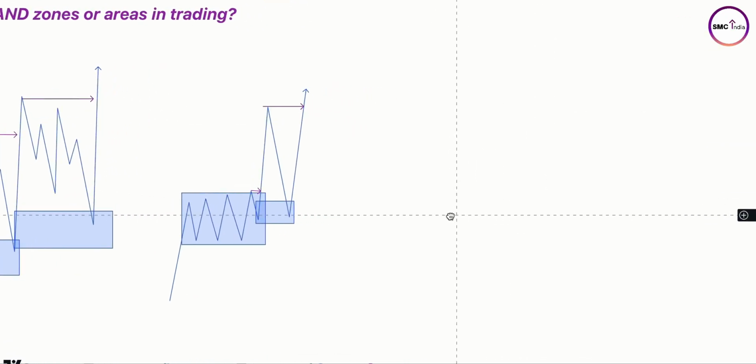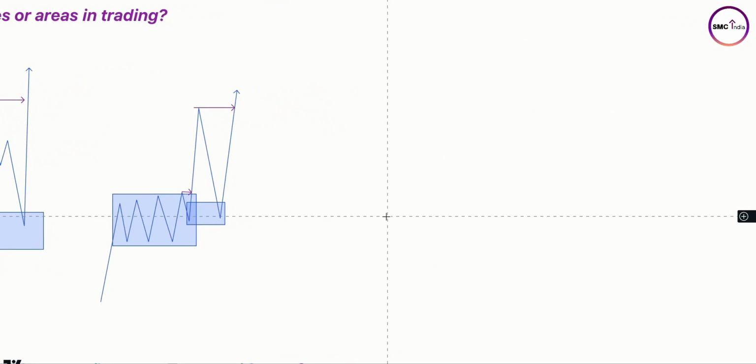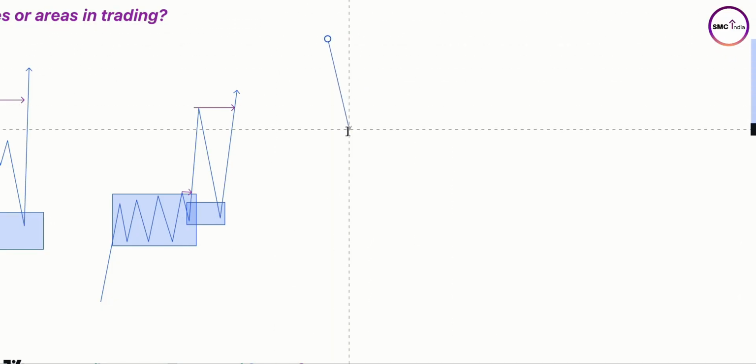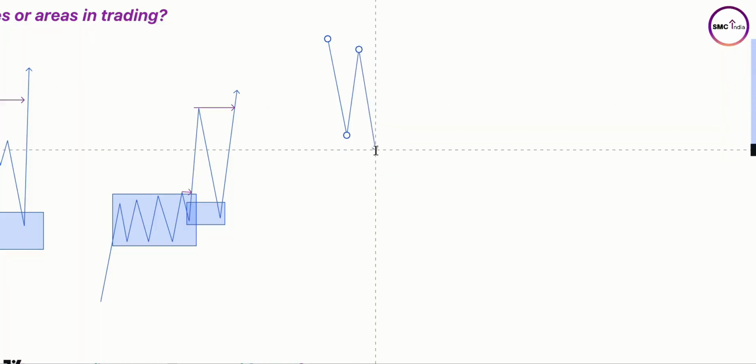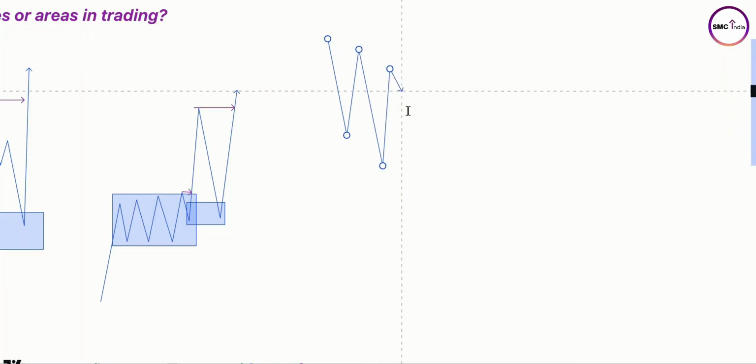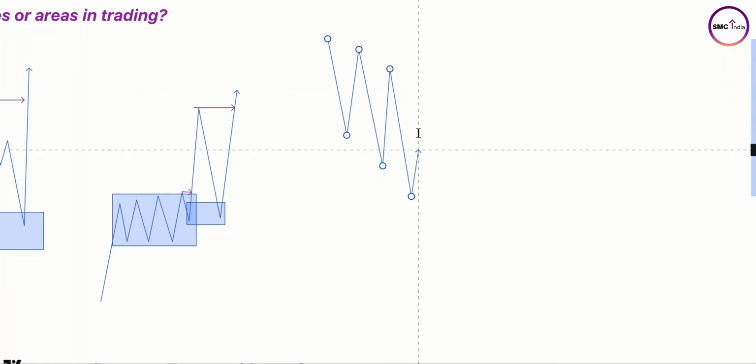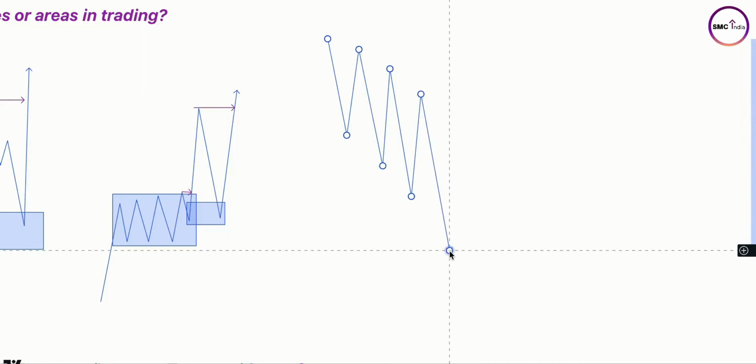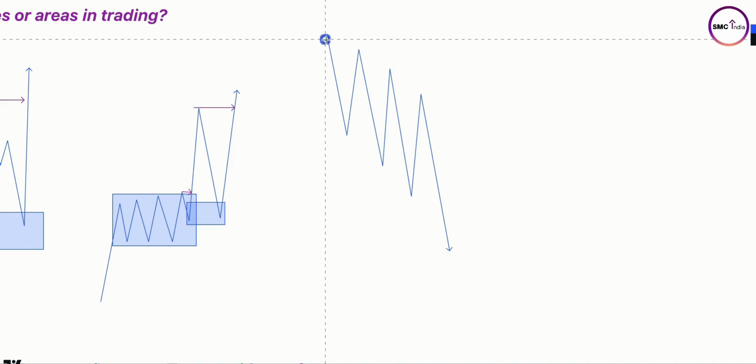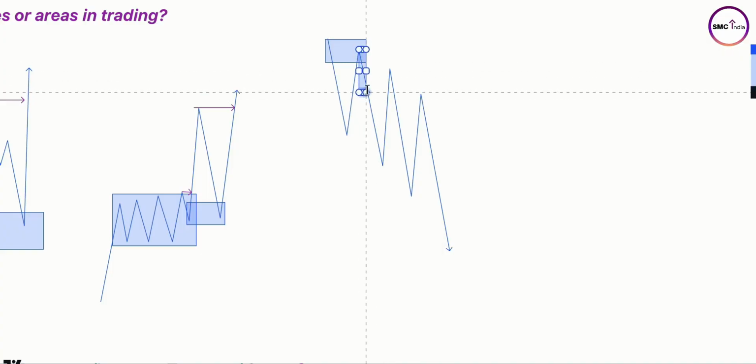Same is the case for supply zone, but it is just the opposite. It is towards the downside. When the market moves like this efficiently, comes back to this supply zone, goes down, comes back to this supply zone, it is continuous and it is efficient without creating gaps or liquidity. When you see this, you could understand that these are the areas